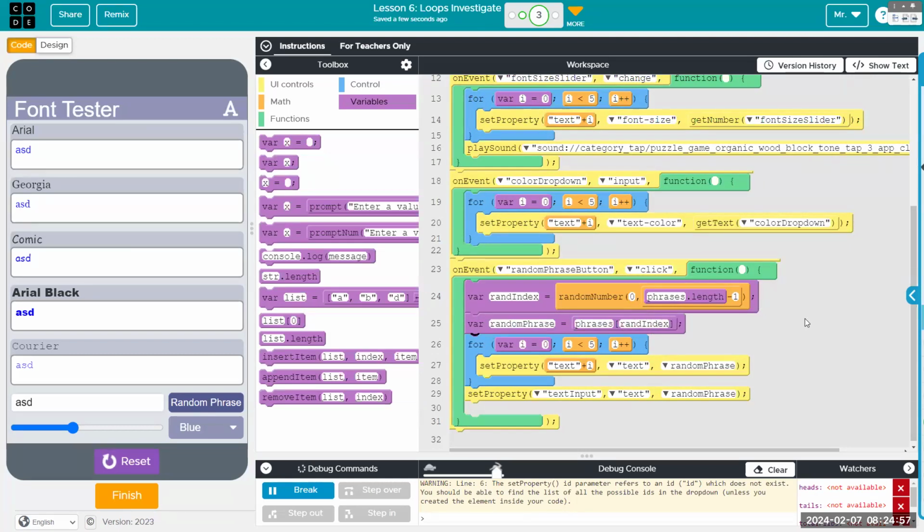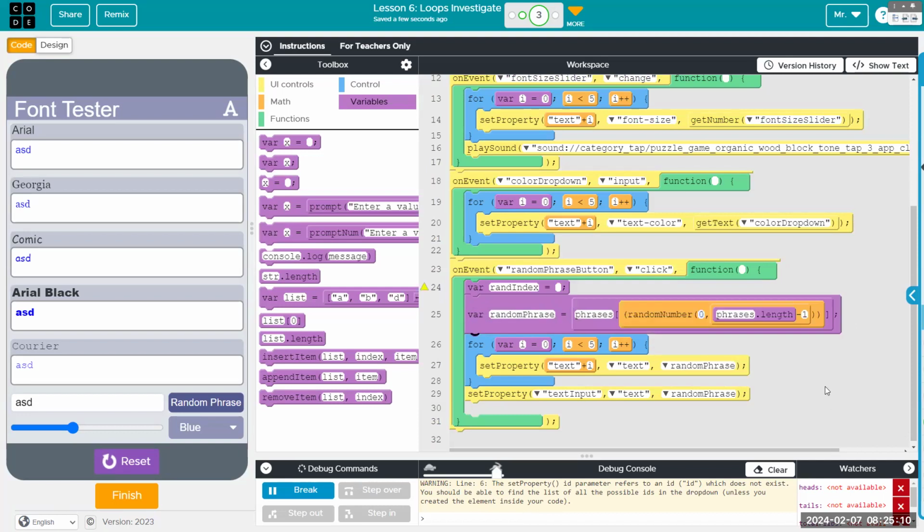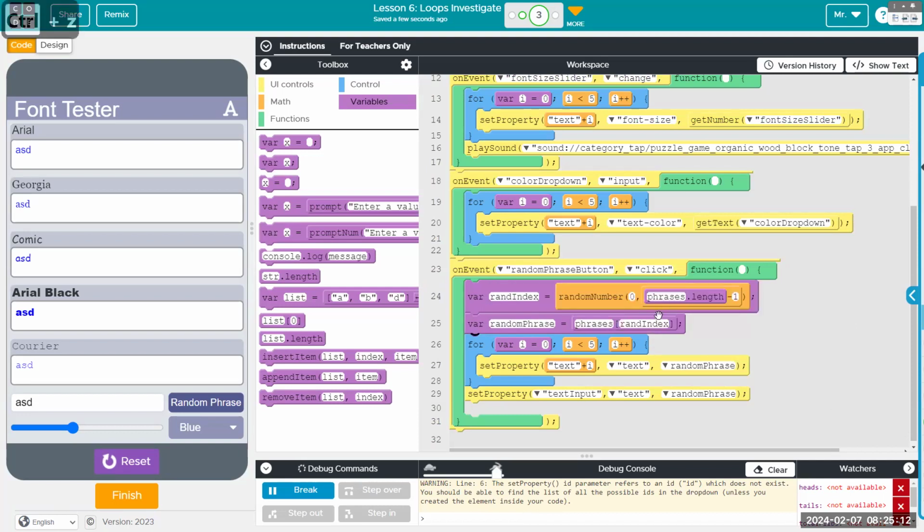Okay, this is the way we probably would have done it before. First picking a random number and then getting the thing from the list at that random number, where we could just get the thing from the list at a random number. Anything that's a number can go inside of this space where it's looking for a valid index in this list phrases.